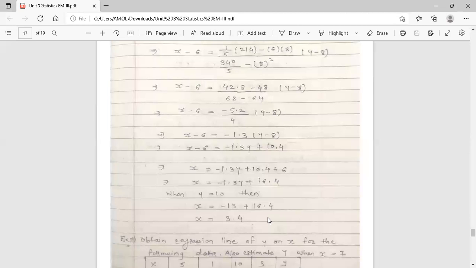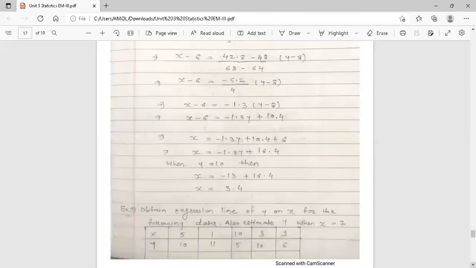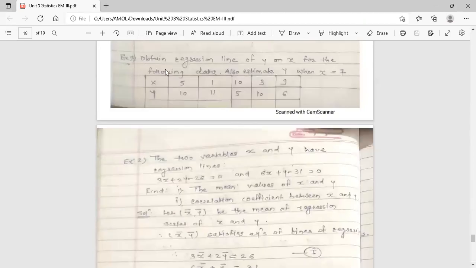So this is the example of regression lines. You obtain the regression lines, means you find both the regression lines: regression line y on x and then regression line x on y. Now the next example, you take it as homework and try to solve it. Obtain the regression line of y on x for the following data. Also estimate y when x